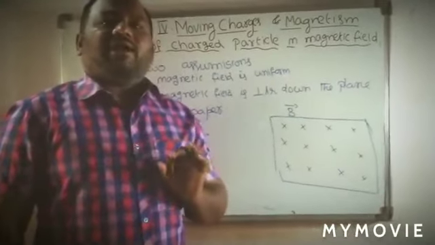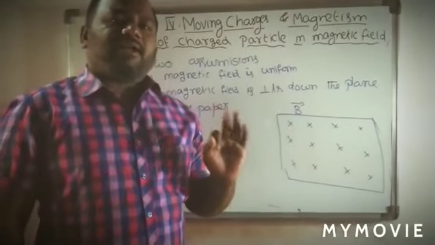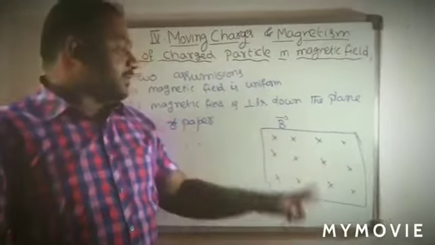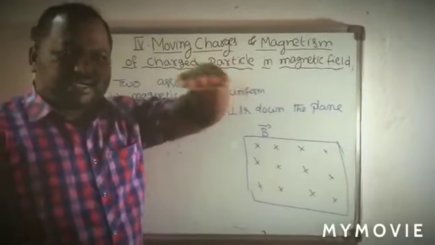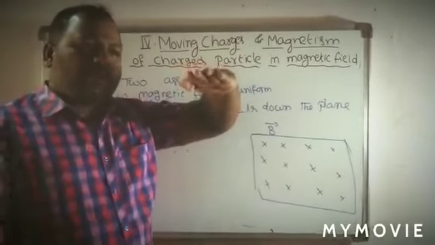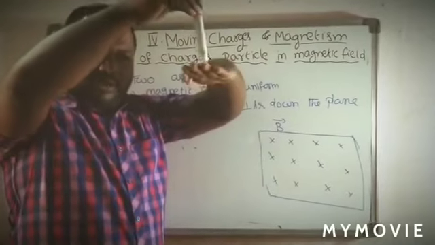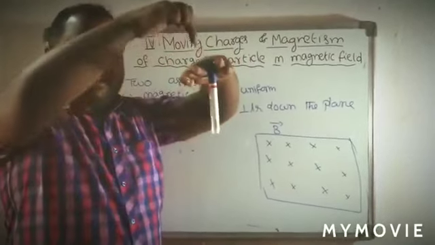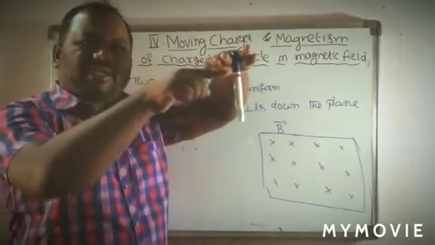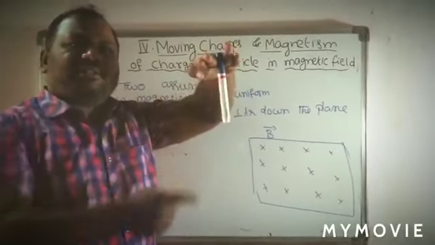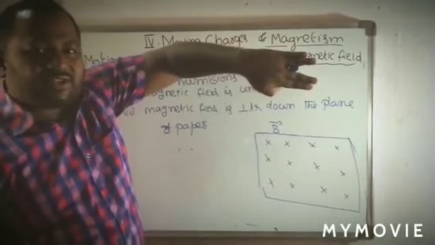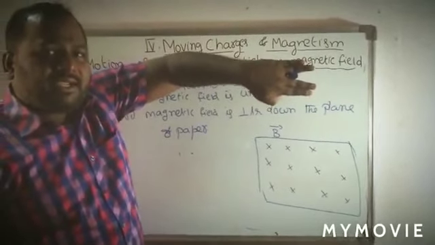But in this we always assume the magnetic field is into the board or into the paper, which is represented with the cross. Clearly understand, this is the plane, that is the board. So on the board, if the field is taken like this, the meaning is that it is into the board, making 90 degrees with the board. I am assuming like this. This is the actual structure of the magnetic field which we consider.